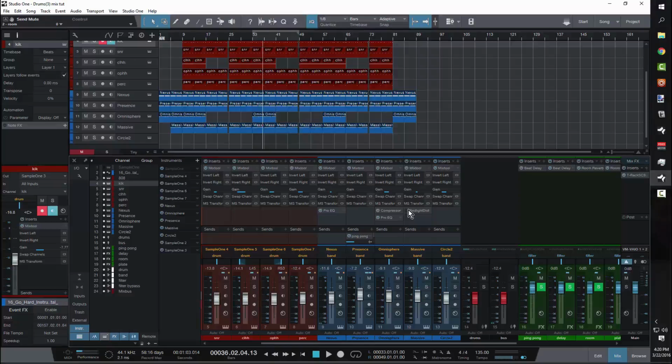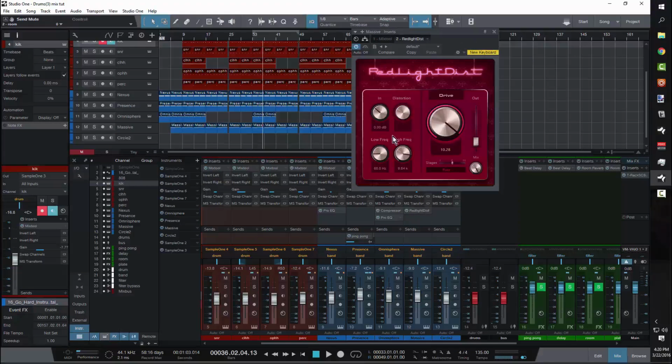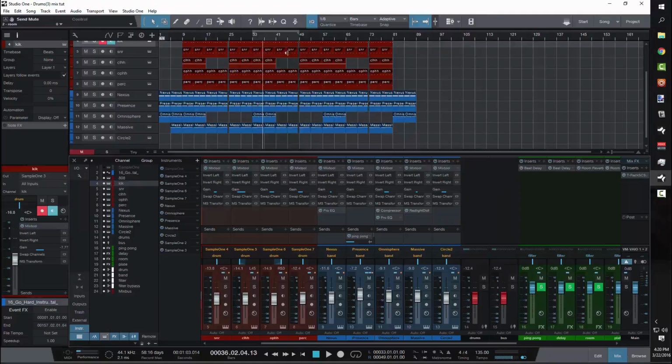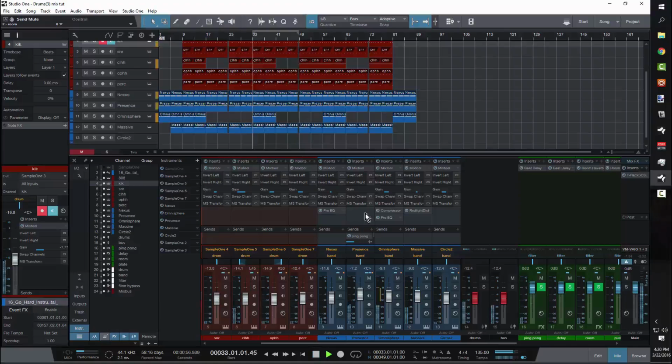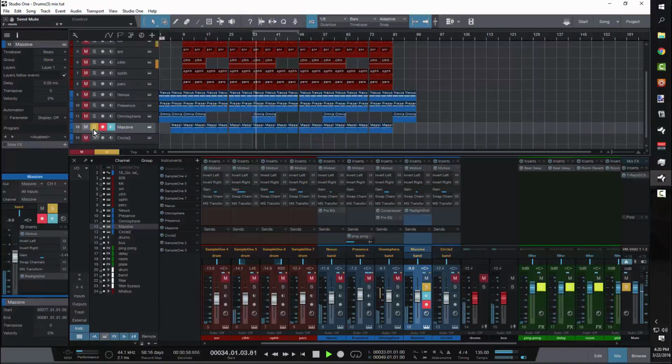And with the lead, I wanted to dirty it up, so I went into Red Light District, went to my fuzz, turned the drive all the way up, and then just turned the output down. The mix is all the way up too, but I brought the output gain down, because that plugin is dangerous, it makes things really loud. We wound up getting this type of sound. And then in the context of the mix,